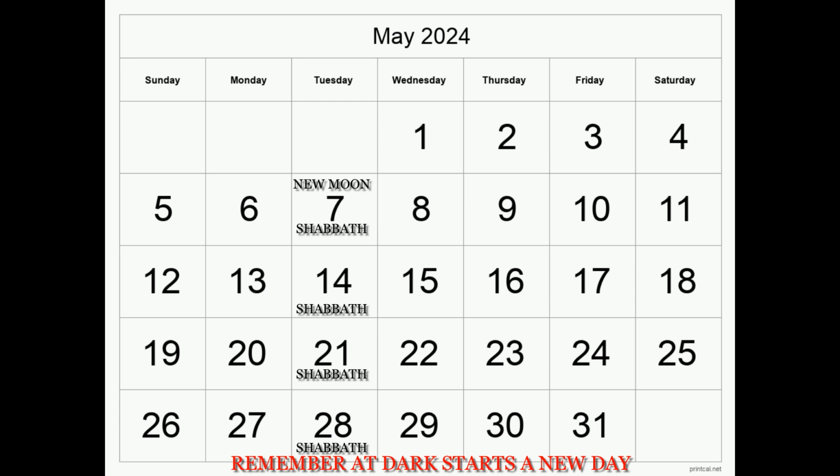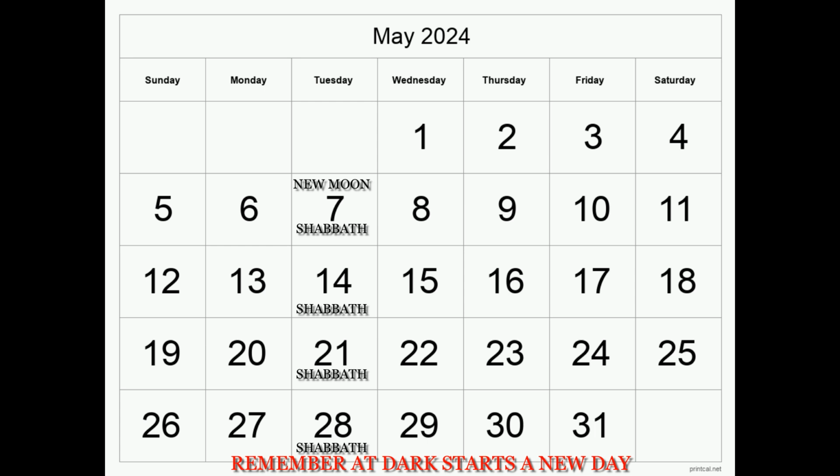But if you're doing it based on the moon, which Yah gave us, the new moon was Tuesday night at dark. It got dark. That's the new moon. That's the 7th, technically the 8th. But we're just going to use this calendar to help you understand it. So that's the 7th. When you count next, you got 8, 9, 10, 11, 12, 13, 14. 7 days later, 14th again.